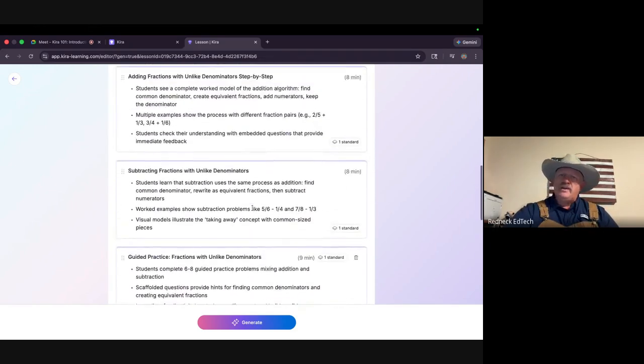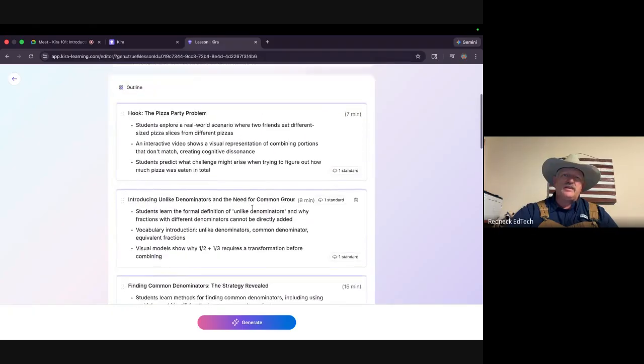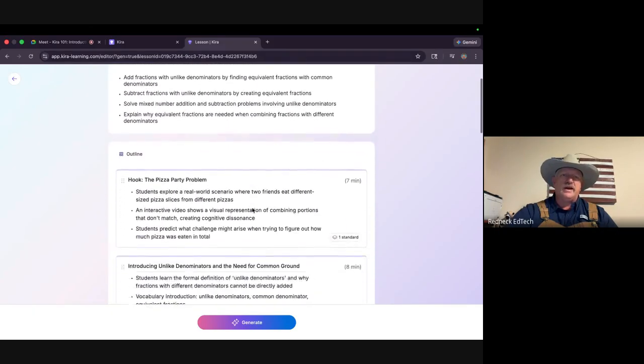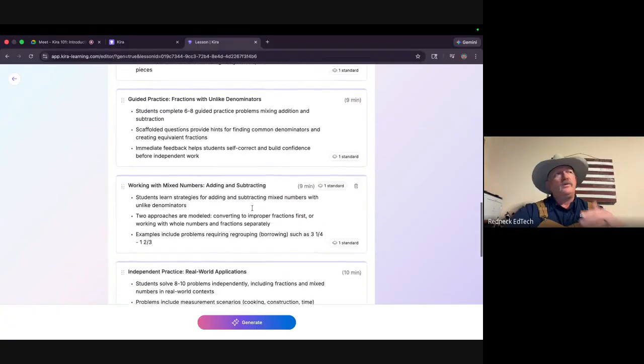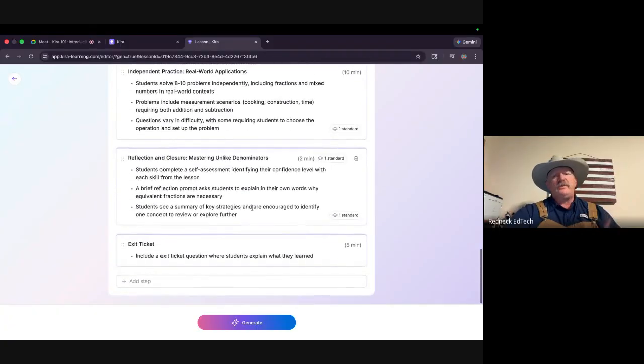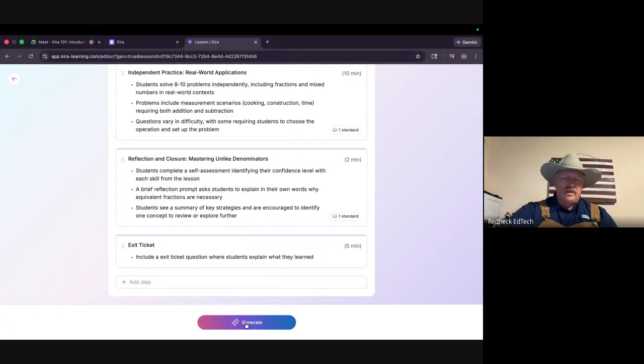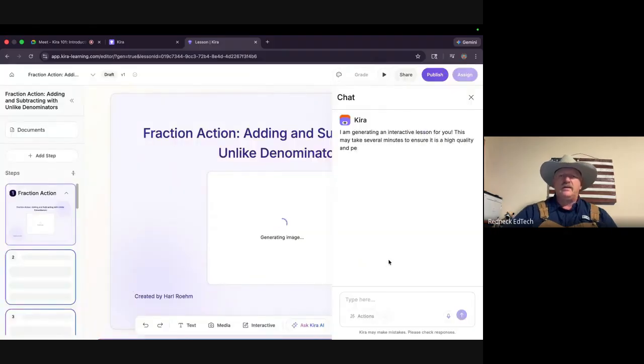But I think now by looking at this, you can tell that you have total control of the way this outline is. The outline itself, if you could print that, would keep you on track and help you stay focused on creating your lesson. But instead, I hit generate. Now, this is where we cook.